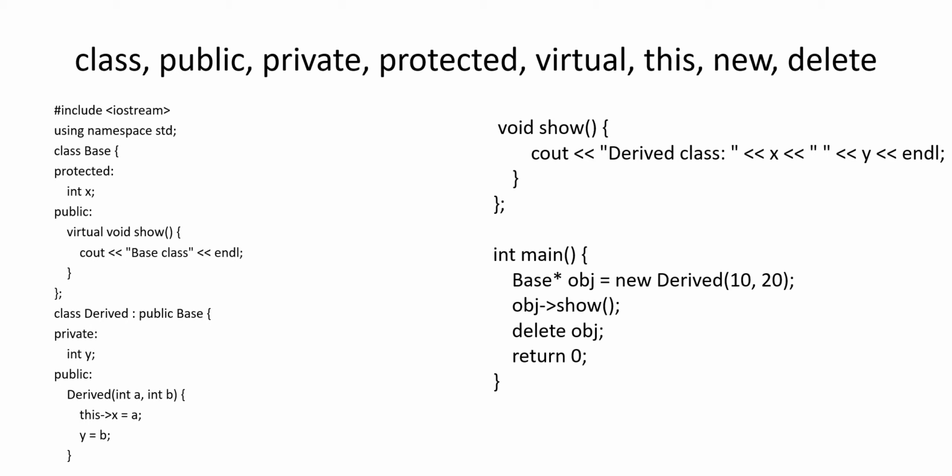The virtual function enables runtime polymorphism. Dynamic memory allocation is done using new and delete is used to free memory. In detail, we'll discuss these concepts later with example programs. Next, we'll move to the